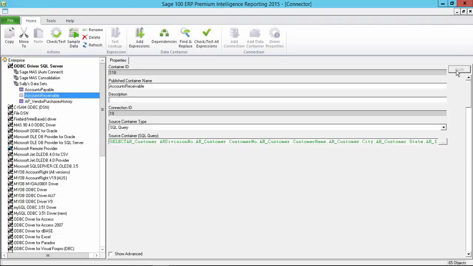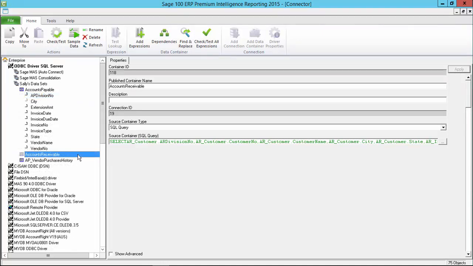Now for the expressions. If you have converted a container, it's best to remove the existing ones and add them again. This also means removing the columns in the report manager, which would have to be done anyway because you can't delete an expression, or a container for that matter, if it's being used by a report. I've gone ahead and done this for my accounts receivable report, and I've also gone ahead and removed the existing